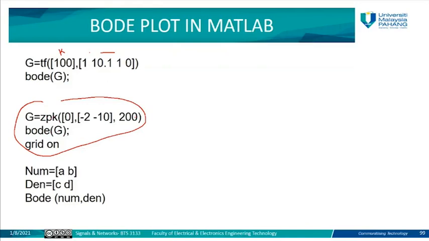So Z, P, K, 0. I mean, where is the place of the zero? At the 0 point. Where is the place of the pole? It is at -2, for example, and -10, or based on your equation. What is the value of the gain, which is K here? It is 200. So this is how to write the transfer function, and then how to draw this transfer